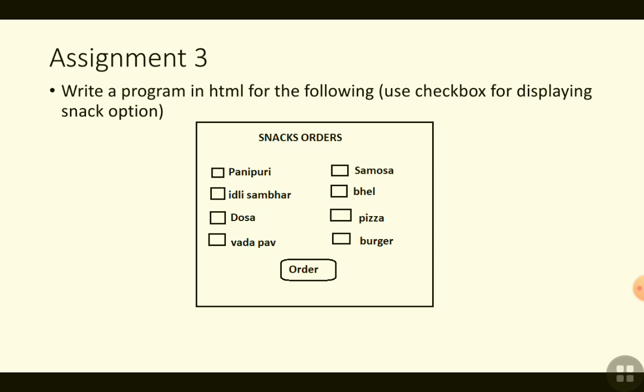Okay, so complete all the 3 assignments and you can mail them to us. I would like to mention that in the last assignment some children have not written their name and roll number. You're sending from your parents' email ID, which is good, but please specify your name and assignment, because we have to keep a record of your assignments, so it will be easy for us. So please put your roll number as well as name in the subject when you send the email. Okay, thank you so much.